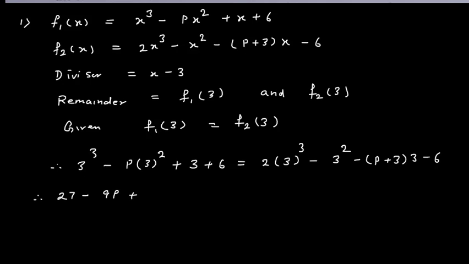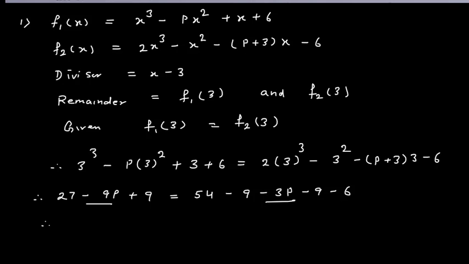6 plus 3 is 9, equals, on the right hand side it is 27 into 2, 54, minus 3 threes are 9, then it is minus 3p, and then this is minus 9, and this is minus 6. Okay, now here it is minus 9p and here it is minus 3p. So this minus 9p I will move to the right. Okay, so therefore